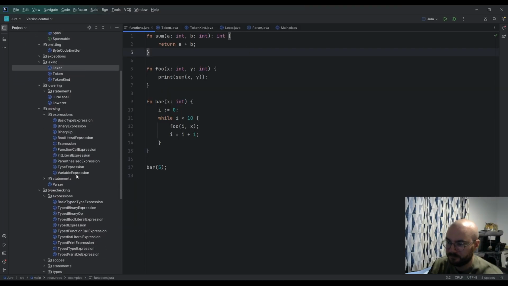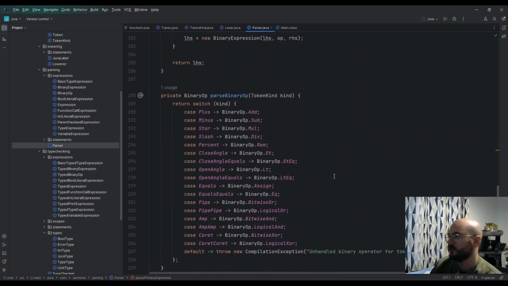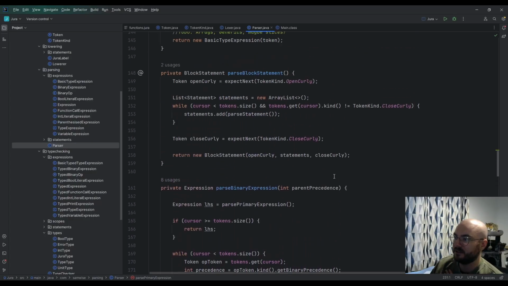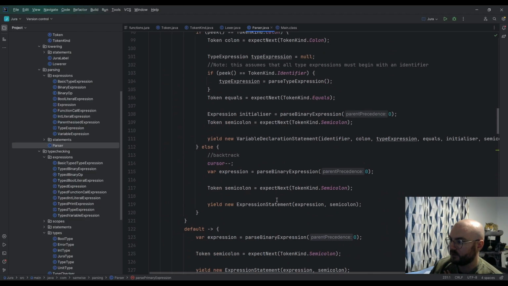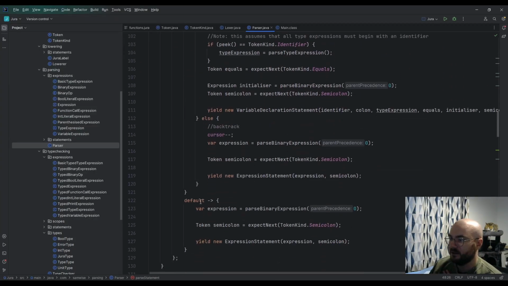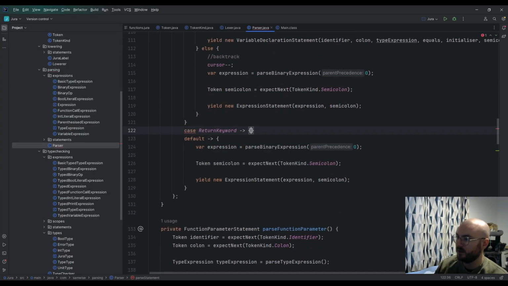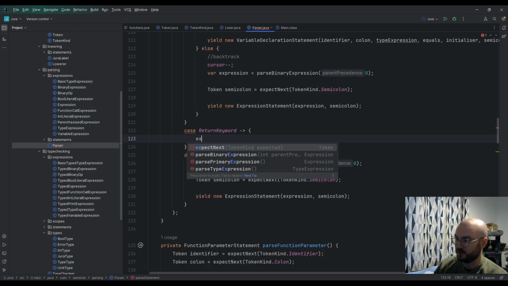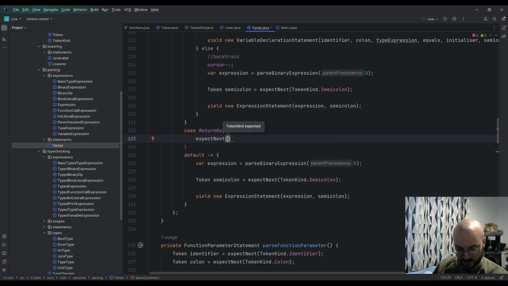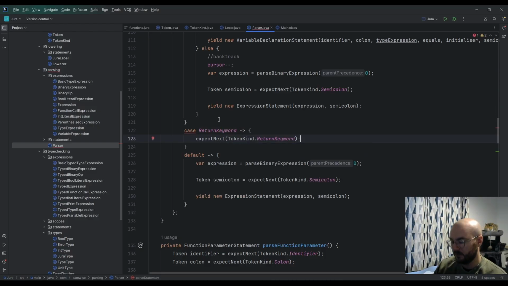So, what do we need to do? In the parser, return is a statement. So we need to check for it when we're parsing a statement. So let's go down here and say case return keyword. Very simply, we just expect, let me move my mic a little bit away from my keyboard, that's probably very loud. We expect a return keyword,